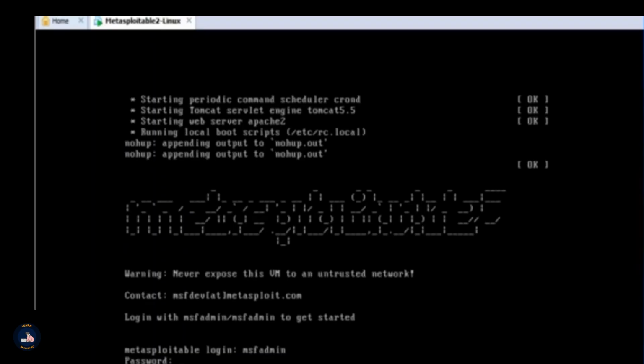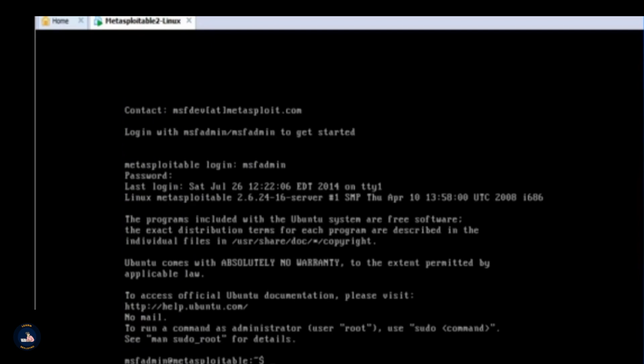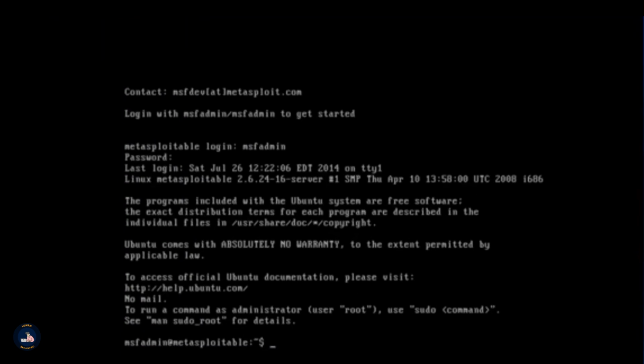Now we have successfully downloaded the Metasploitable operating system. We extracted it and accessed it. That's really great. In the upcoming videos, we will implement the PTES standard, which we have discussed in the earlier videos. We will do the basic vulnerability analysis, we will model the threats, and we